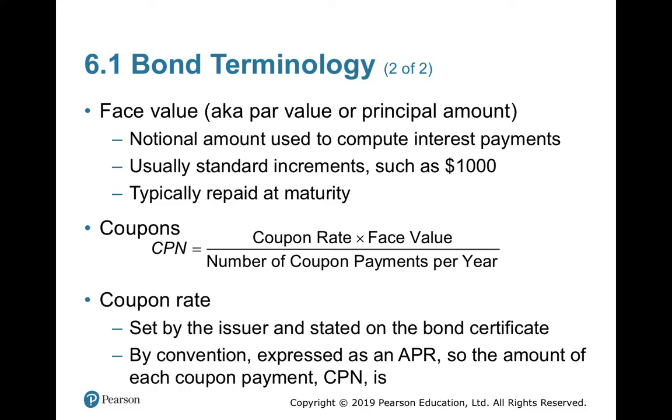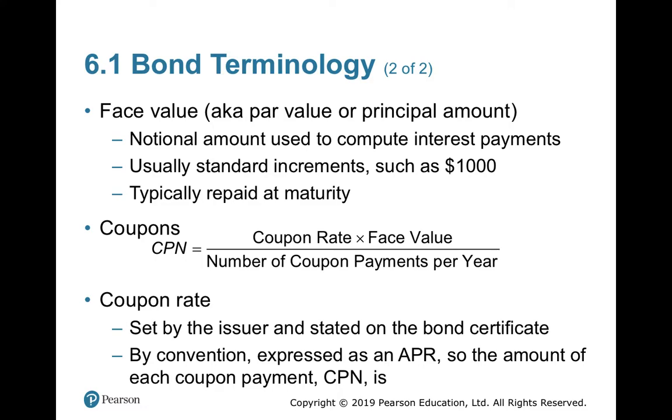Coupons. Coupon is the rate at which the interest is paid, and the specific name we call for interest in a bond case is coupon. How is this calculated? Coupon rate is mentioned at the time of issue of the bond. Face value is, as we discussed just before, the notional amount on which the interest or the coupon is paid.